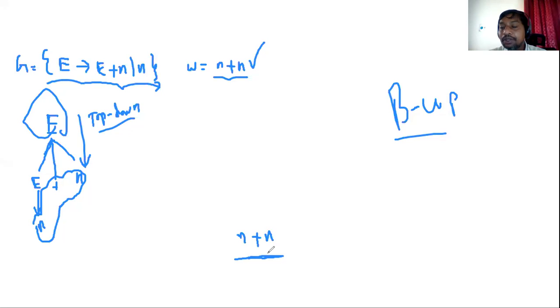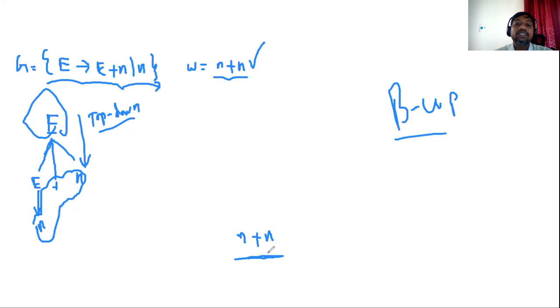So what you have to do? You have to identify the portion of the string, a substring, which exactly matches one of the production rules of the grammar. Identification of that substring, which exactly matches one of the right-hand sides of the production rules, is the crucial thing here. That substring is often said to be the handle.